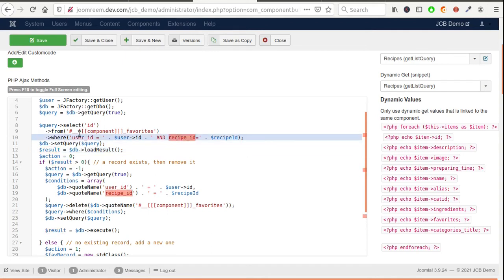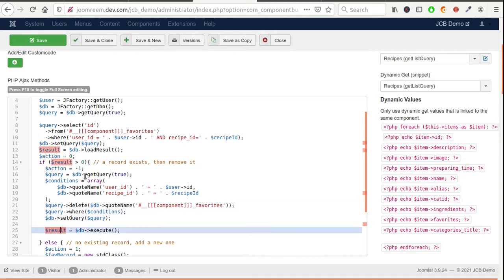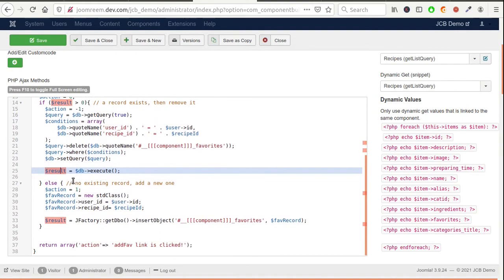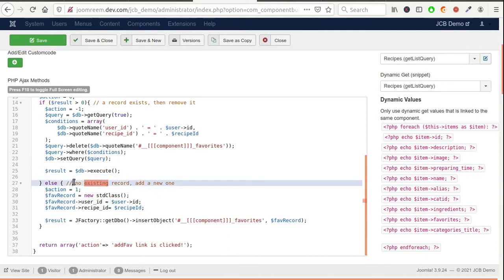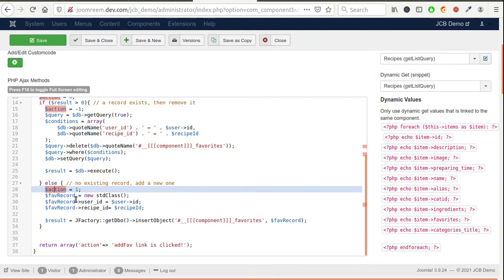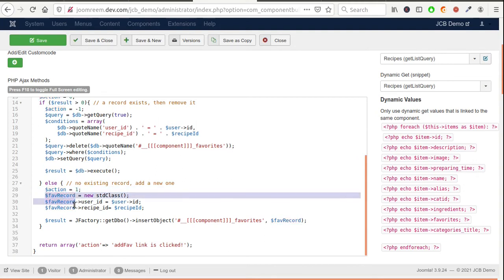The action variable will be used as an indicator of the executed operation, whether it is insertion or deletion. Remove the record if it exists. Insert a new record if it does not exist.